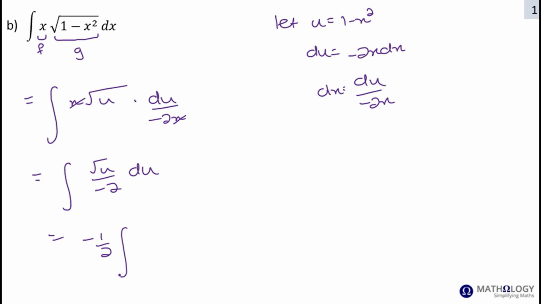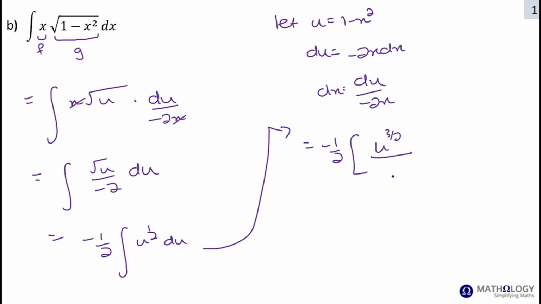So we have minus a half times the integral of, and root u, we're just going to write as u to the half du. So that will equal minus a half. The integral of u to the half, this is the power rule, so we're going to add 1 to that. So we're going to add 2 over 2. So that will give us u to the 3 divided by 2. And then we divide by 3 divided by 2,